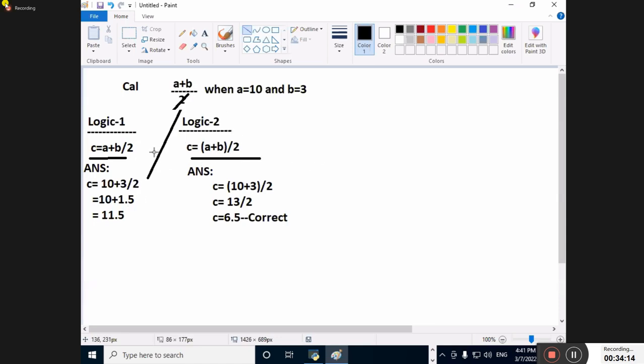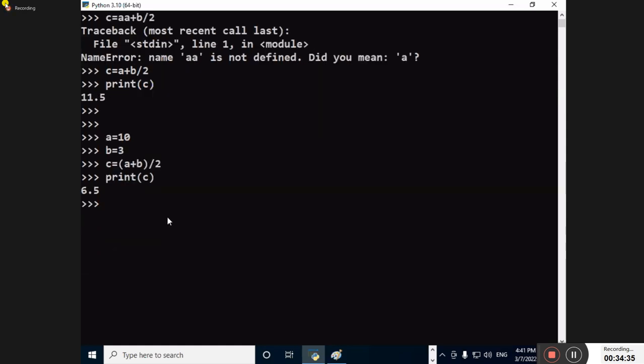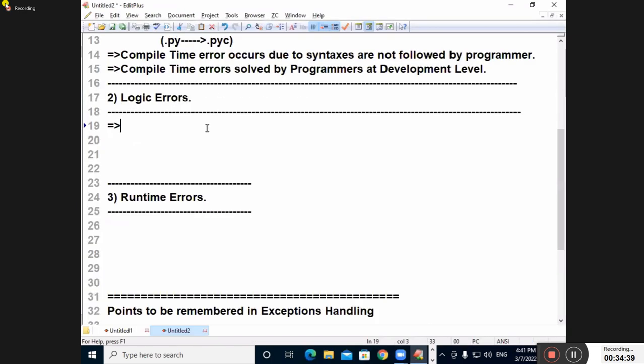If anybody says the first for this formula, it is definitely wrong. Which is wrong here? The logic is wrong. Because of the logic error, what is becoming wrong? The logic is becoming wrong. Am I correct? So, my dear students, I'm going to give you the clarity: wrong output will be coming. Let us go to the program here.